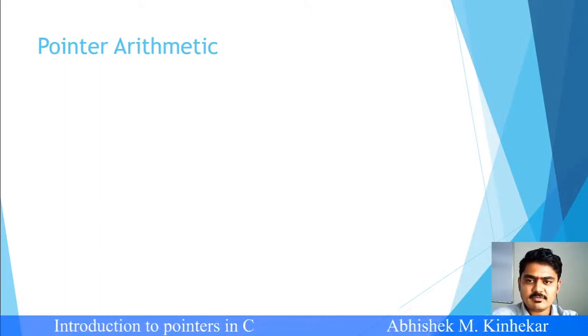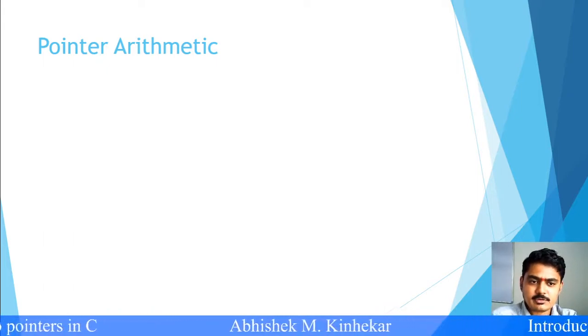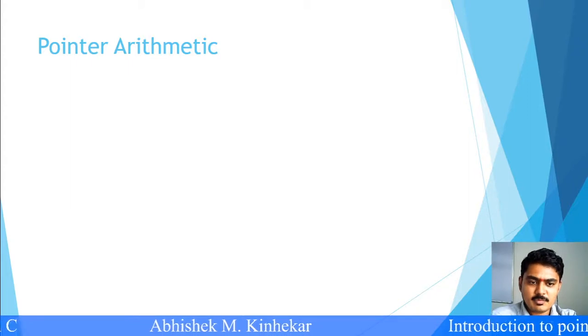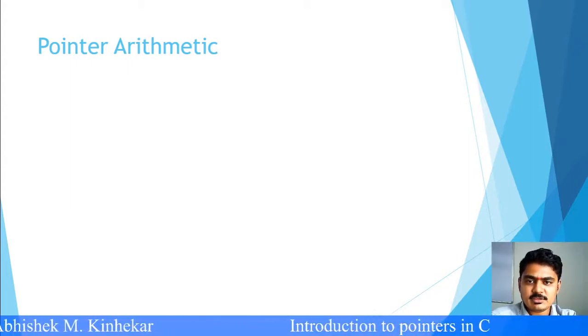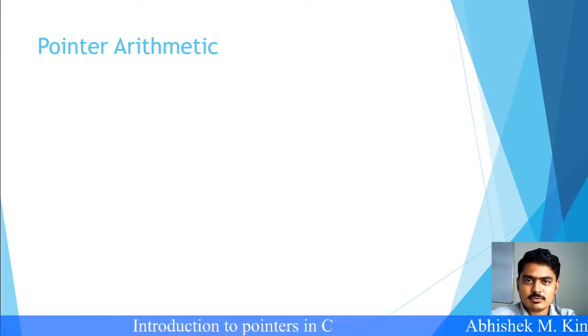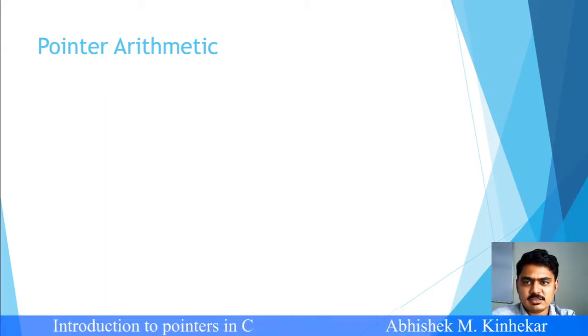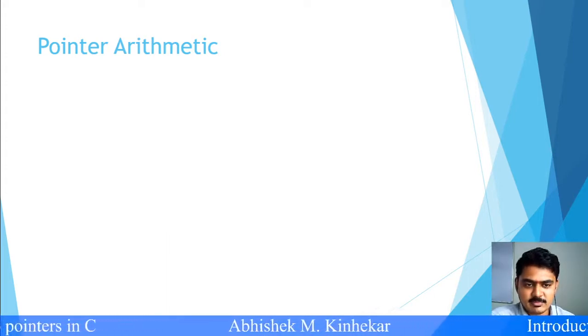In the previous part we have seen an introduction to pointers, the definition of pointers, the address of and value of operators, and how exactly they work. Today we are going to see that explanation in an elaborate manner by using C code. We are going to write a C code to implement all these things. Apart from that, we are going to see something about pointer arithmetic.